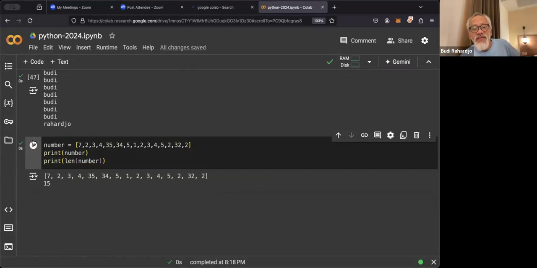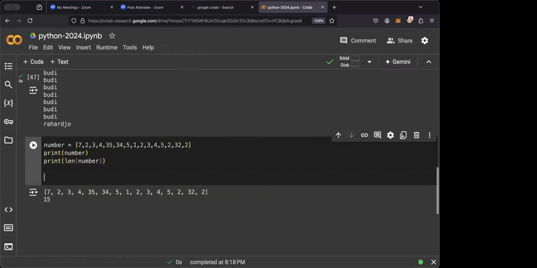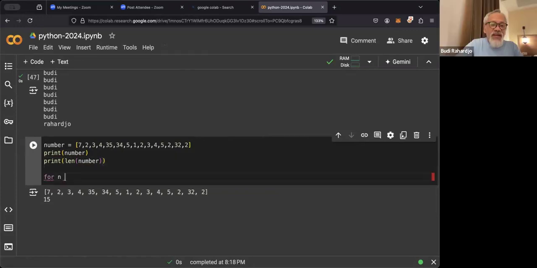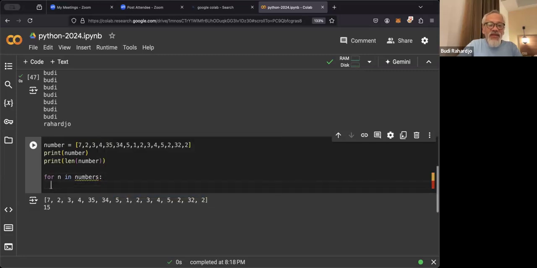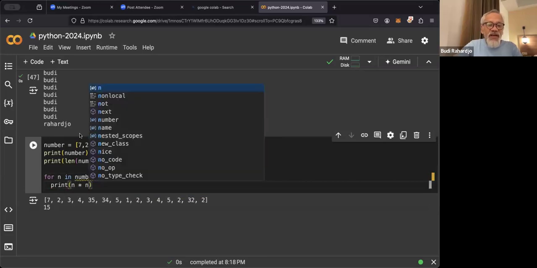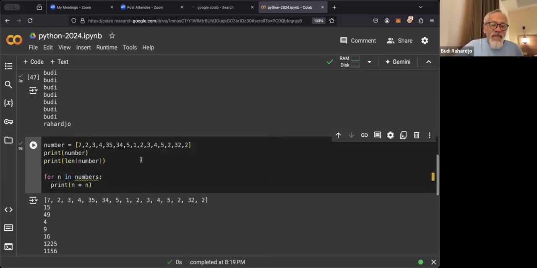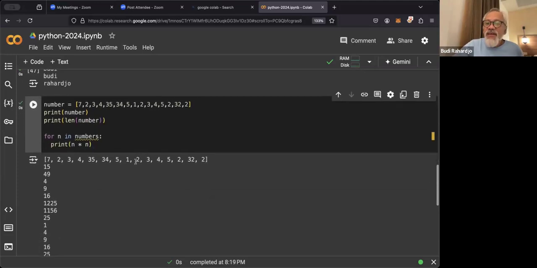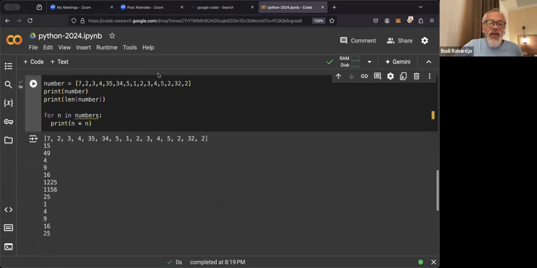So we can also do some loop again, for example. For n in numbers, print n multiply by n. Let's do this. So now we don't care how many data we have, but we want to print the square of them.